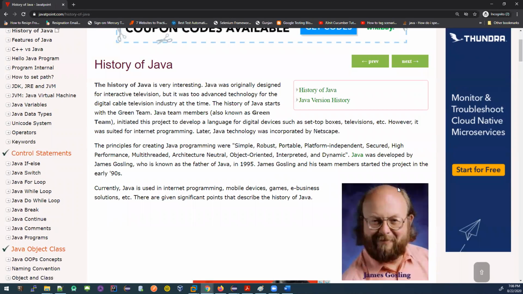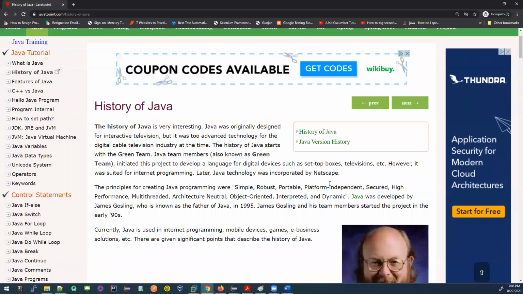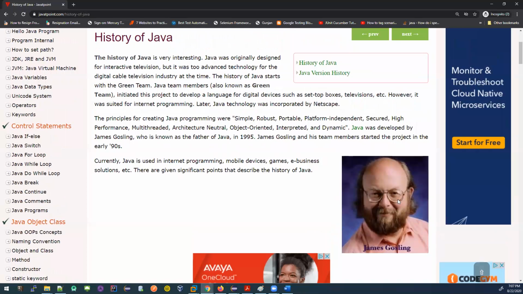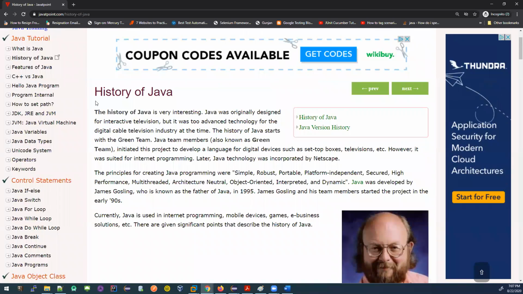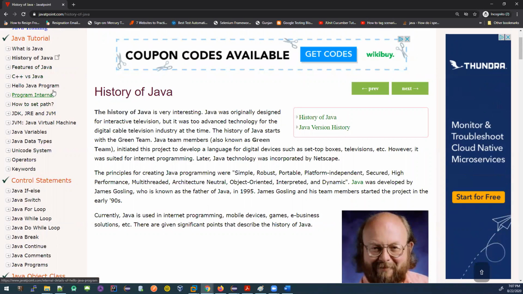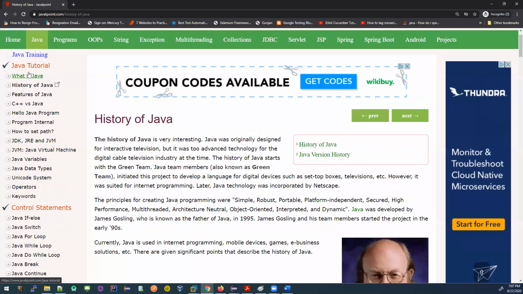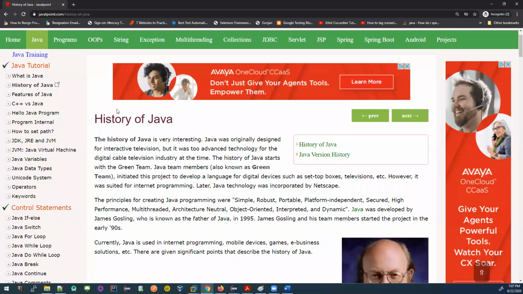Read it, go through it. These people have a good contribution in Java. Read about them. It's nice to know how Java came out, what features Java has, all the basic stuff. From what is Java up to the keyword, just read it, and follow the videos and then relax and then come to the next class.